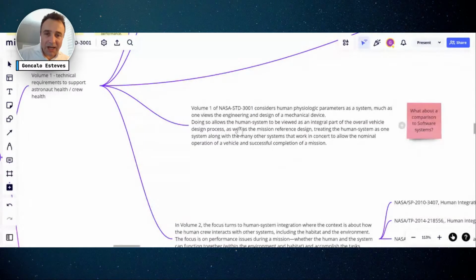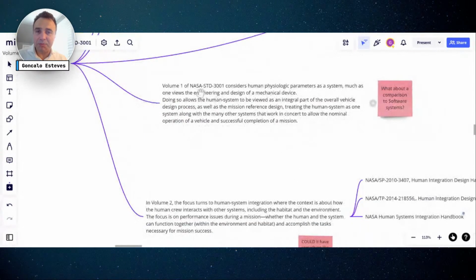Now, I think that this is crucial. It considers the human physiological parameters as a system, much as one views the engineering and design of a mechanical device. Doing so allows this human system to be viewed as an integral part of the overall vehicle design process. I think we should also think about the comparison to a software system.